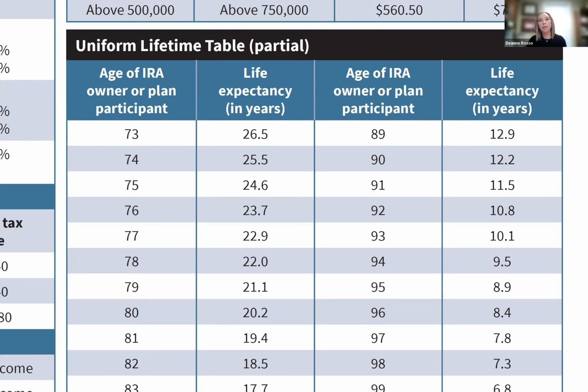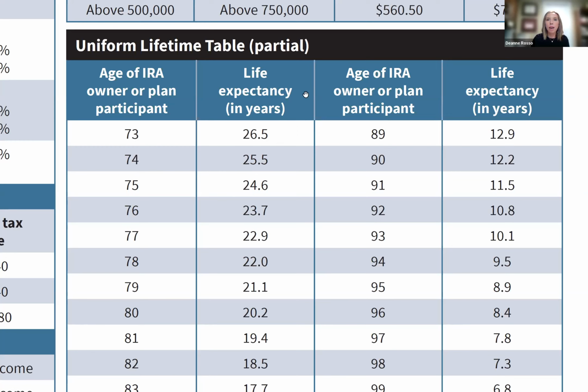Because if you turned age 72 last year, you started required minimum distributions. But if you turn age 72 this year, you don't start required minimum distributions. And if you turn 73 this year, you already turned 72 last year, so you already started. So there will be no one new taking a new required minimum distribution this year based on their own IRA. But next year, if you turn age 73, that's when you will start your required minimum distribution.